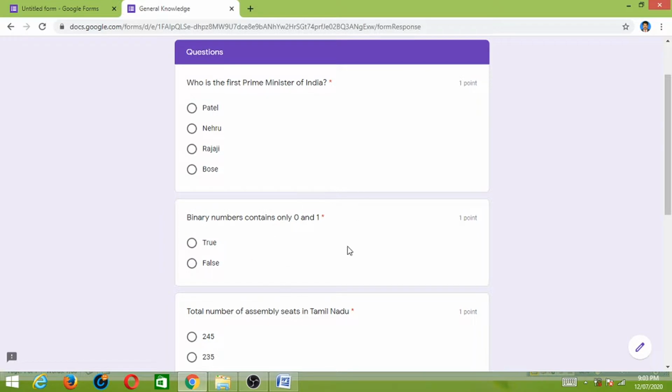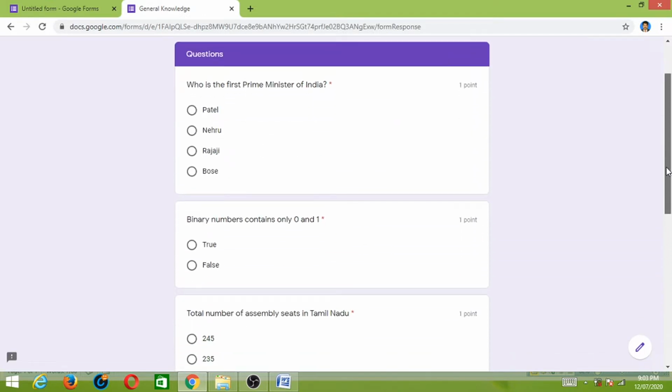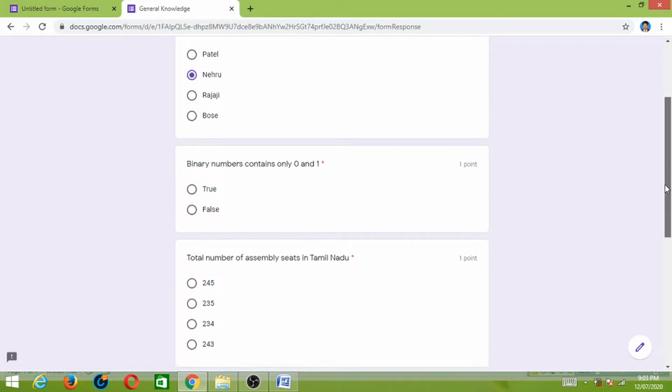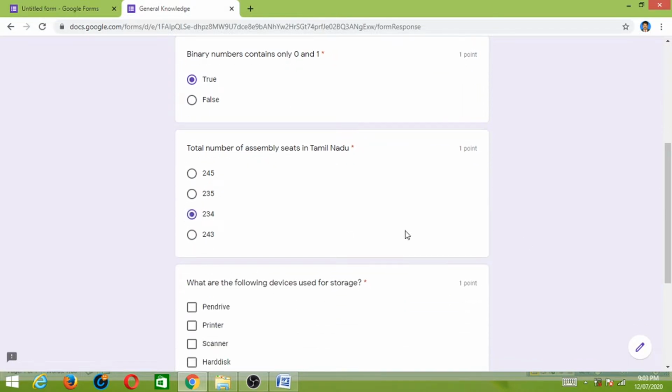Here the questions are shuffled. It is not in the same sequence as when creating. It is automatically shuffled for each user. The answer is Nehru. Here true. 234.